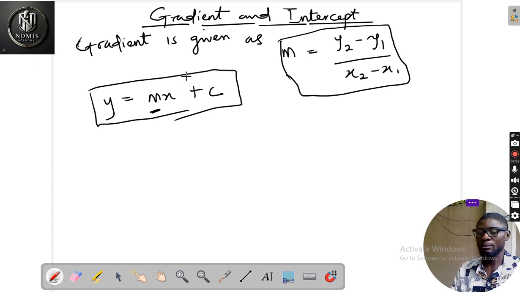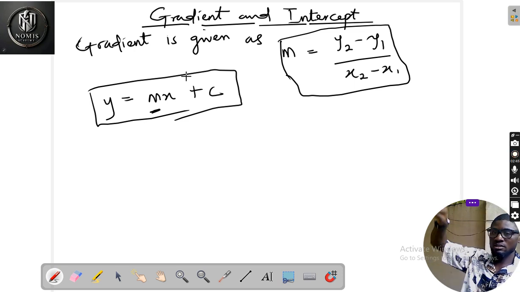Now let's talk about intercept. What's an intercept? Just as the word suggests, intercept is the point at which a curve meets an axis. A curve meets an axis where two lines intersect. So when a curve meets